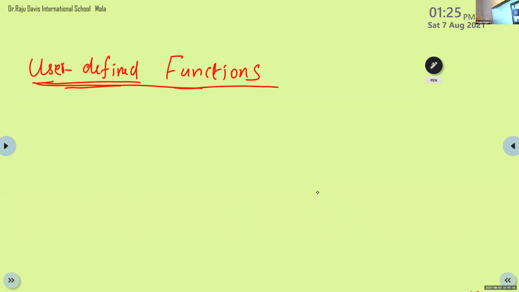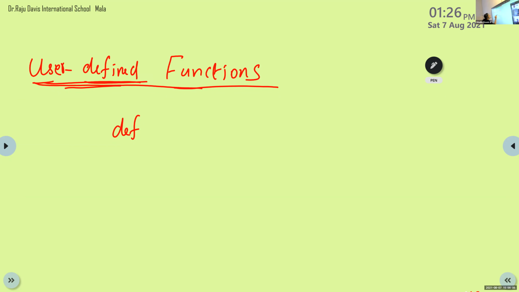All the operations are done by the user. Okay, that is user defined function. I will write one example. The keyword used for user defined function is def. Definition. For defining the function, we start with the keyword def.